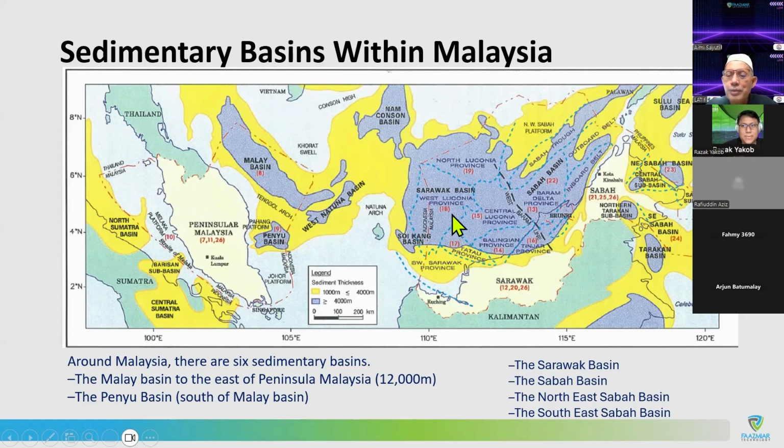But of course, like I mentioned, it depends on the quality of the sedimentary rock, whether it can hold a huge amount of oil or not. But you'll be surprised that when we go for KK, Murphy, now PTTEP, they discover a big reserve in deep water in KK. Of course, I think it's close to about 500 million barrels of deep water. Then it becomes a very big project for Sabah.